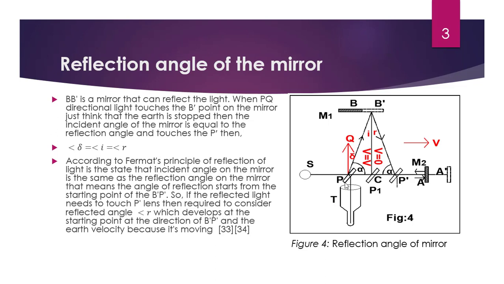And if we put down the light in the P to Q dash direction, then the light is going to B dash, and its incident angle is I for the arc velocity. If you just think that the arc is stopped, then incident angle equals reflected angle. So in this portion the velocity of the arc equals 0, then the incident angle equals the reflected angle, and also develops the same alpha angle with respect to the base. That's explained there. Just go to the next slide.